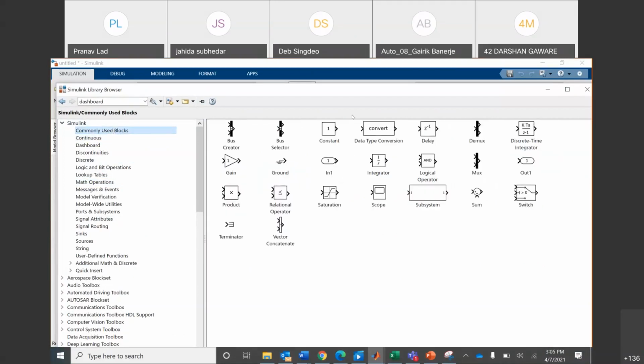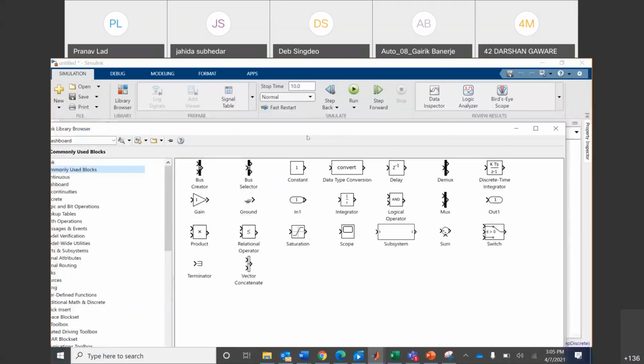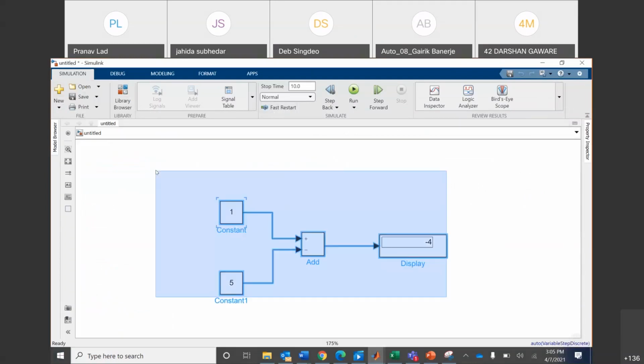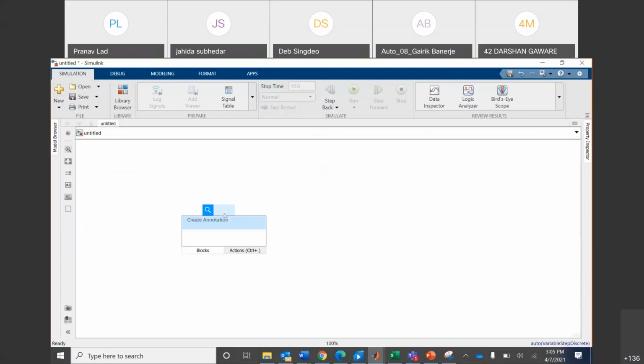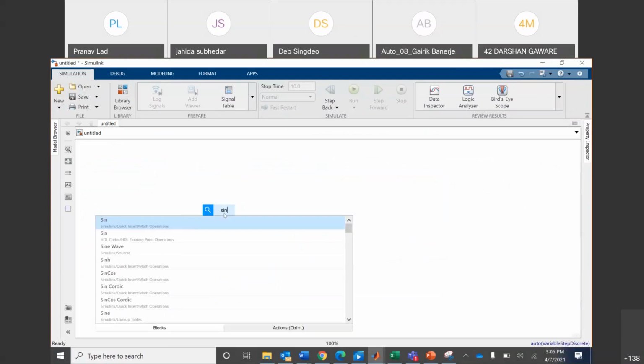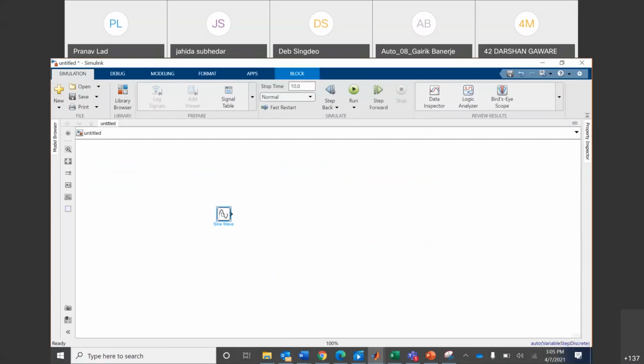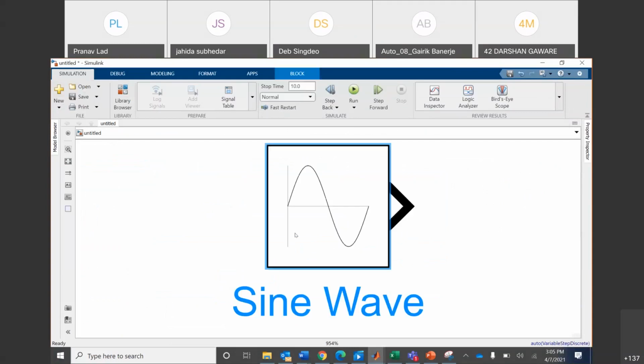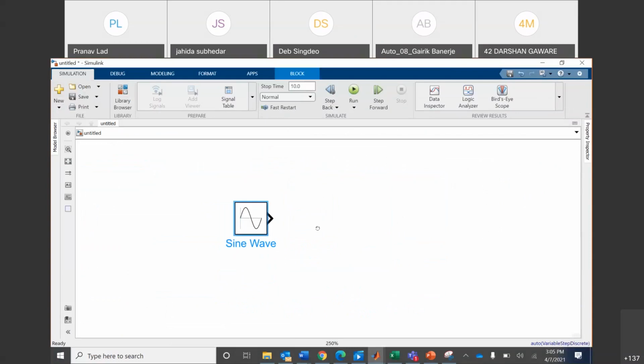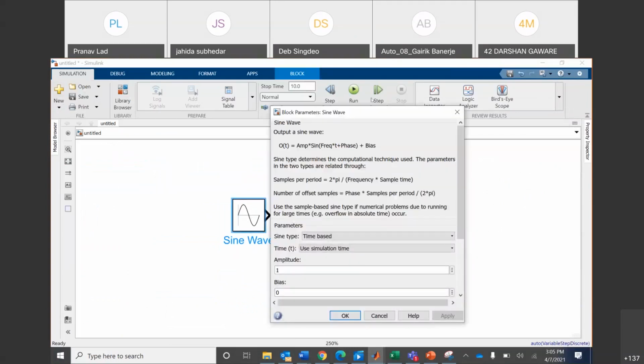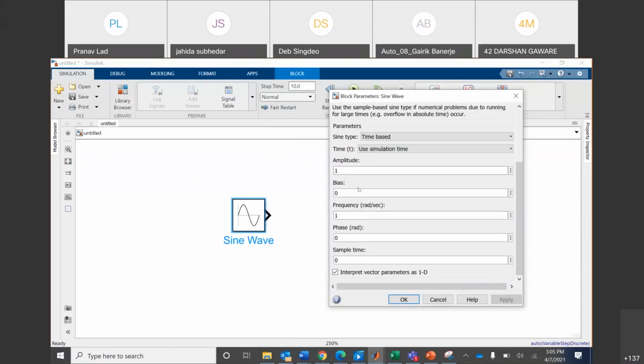Just to give another example, maybe I can go back to this. Let's delete this. Let's see one sine wave here, like this. Let's observe how our signal looks, right? So there is a sine wave. What I'm doing is defining how my sine wave looks. So there is amplitude. I can change this amplitude. I can change its frequency and all other parameters.